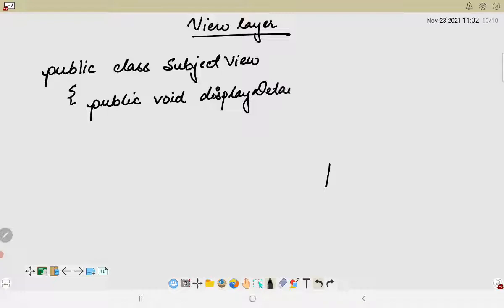Display details is the method which will be updating the view or the user interface. It will have different parameters which we will be getting from the main method. So let us write it down.